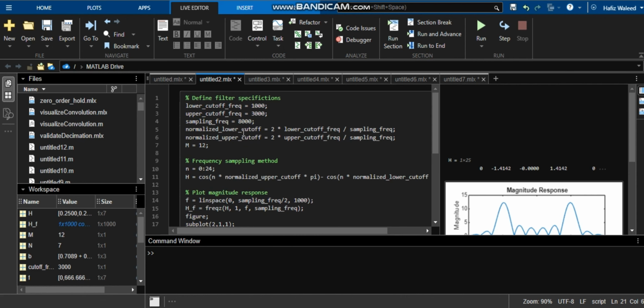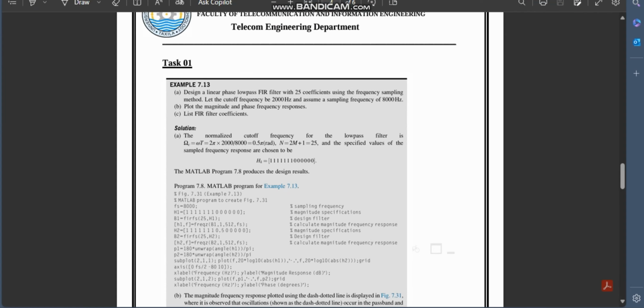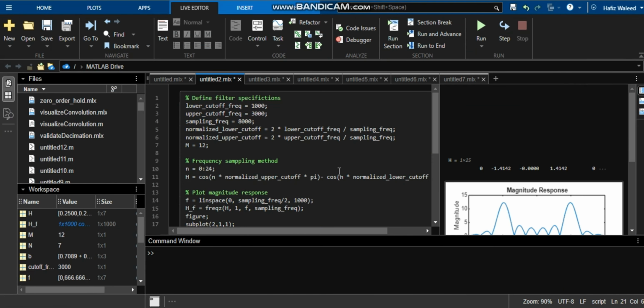So this is the code for the magnitude and phase responses. This code designs and analyzes a bandpass FIR filter using the frequency sampling method. The filter specifications include a lower cutoff frequency of 1000 Hz and an upper cutoff frequency of 3000 Hz with a sampling frequency of 8000 Hz. The normalized cutoff frequencies are calculated based on these specifications. The filter order M is set to 12. The frequency response H is computed for 25 samples, n equals 0 to 24,